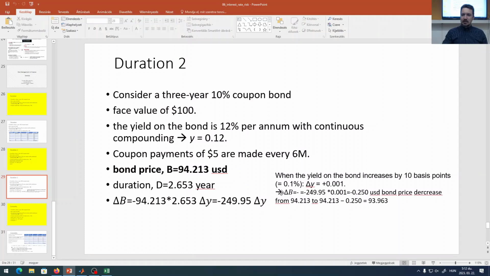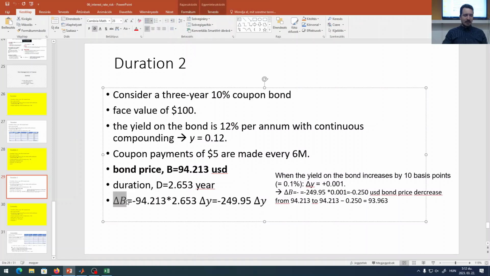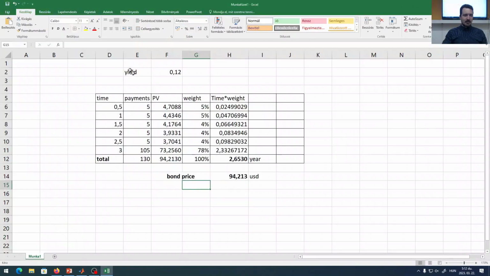Okay, so we can calculate the delta B by just saying that,